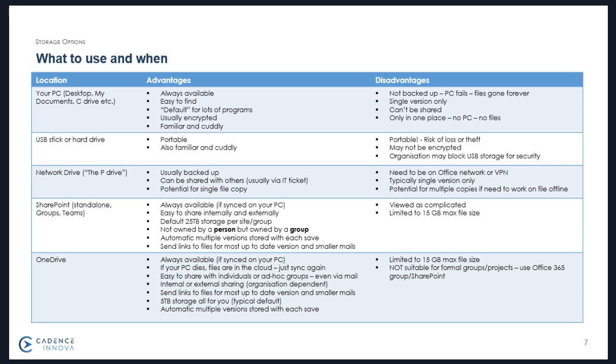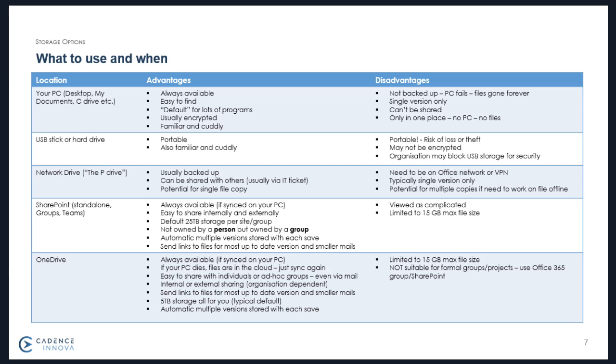Your organization may have the traditional file storage using network drives. You may know them as the P drive or the H drive or something similar to that. Usually the infrastructure is backed up. So this time round, if something happens or you need to go back a version perhaps, then you may get that capability. But again, there is the possibility that you need to access it when you're